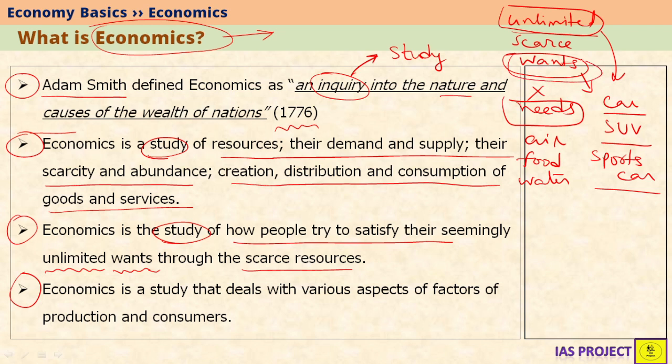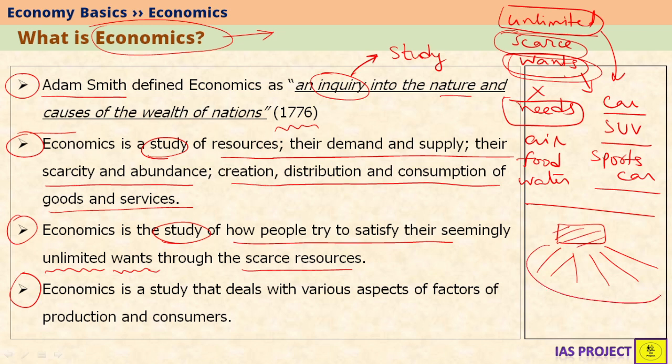Economics is more interested in studying wants rather than needs, because every human being has to fulfill the needs in some way or other. They may or may not fulfill the wants, however, they will try to fulfill those wants, although the resources are scarce. For example, let's say iPhone is releasing a new model and it will be available in the markets from tomorrow onwards. There will be only a limited number of iPhones available tomorrow. However, if we look at the number of people who are trying to buy those iPhones, there are a lot of them. So economics is concerned with scarce resources and people whose wants are literally unlimited.